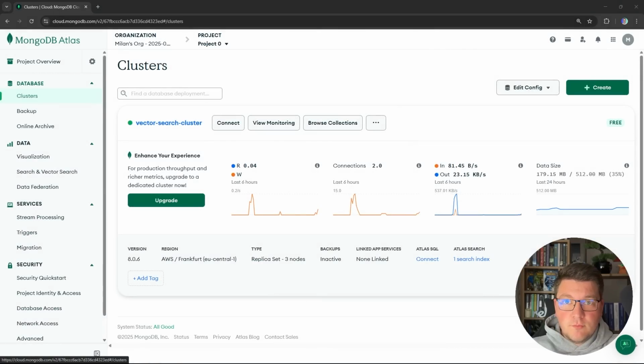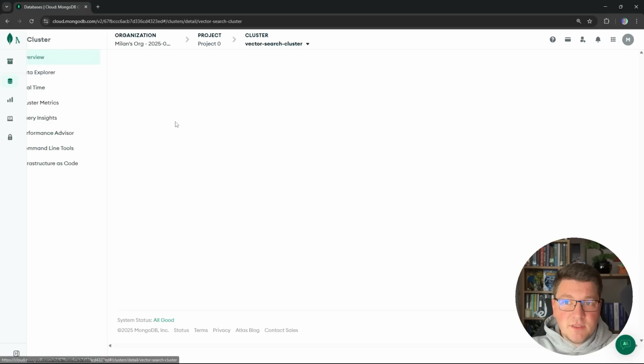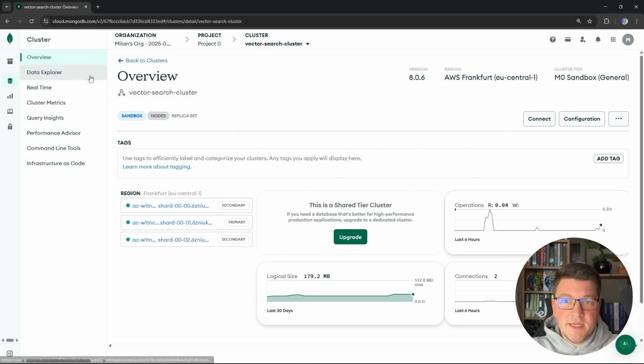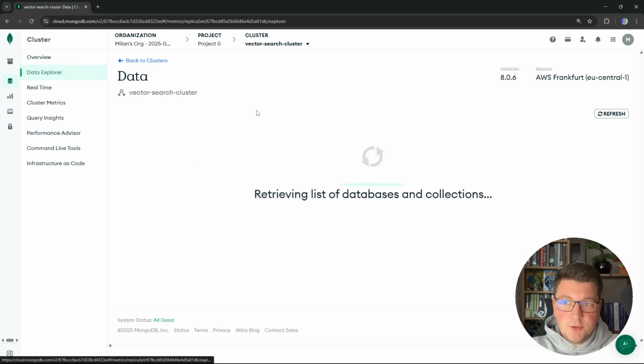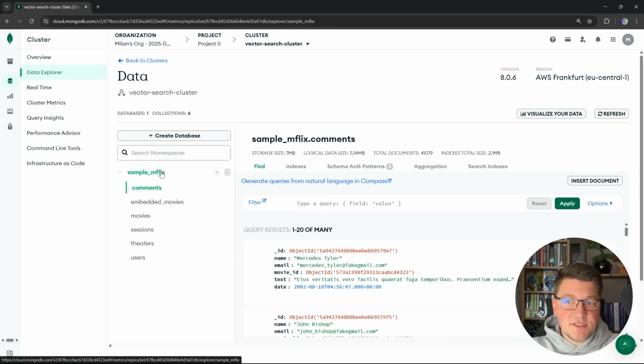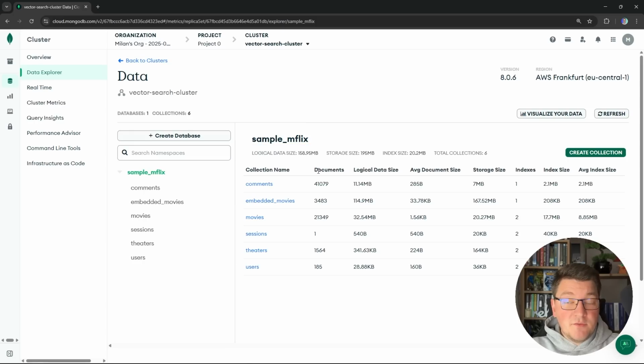If you navigate to your MongoDB Atlas dashboard, you'll be able to set up your cluster. Now, I already created my cluster. It's called the Vector Search cluster, and inside of it, I introduced my sample data. If I go into Data Explorer, I can see the one database I have inside called sample_mflix. Now, if you don't have the sample_mflix database inside of your system, I'm going to show you how you can